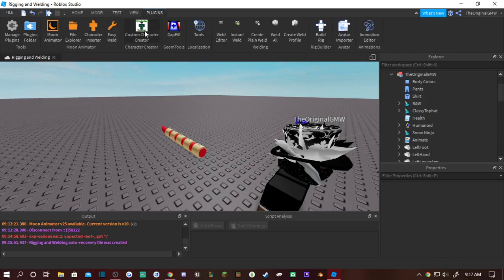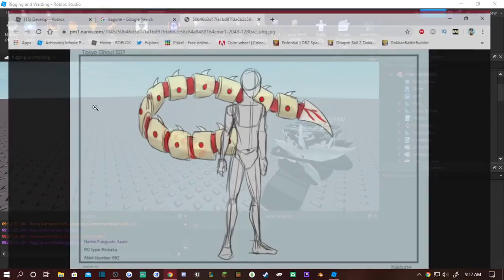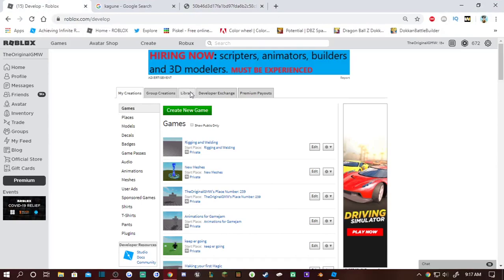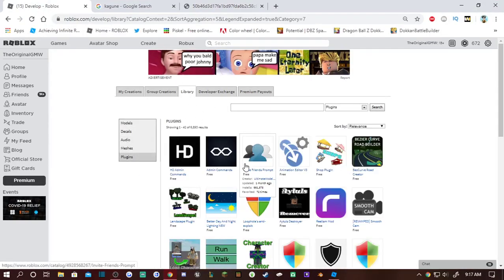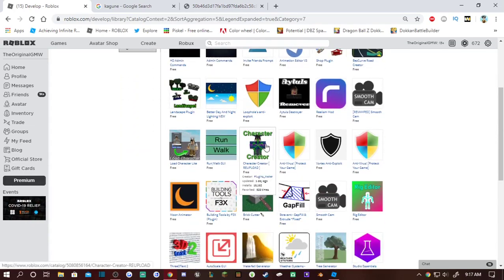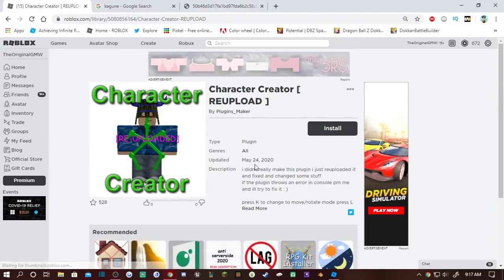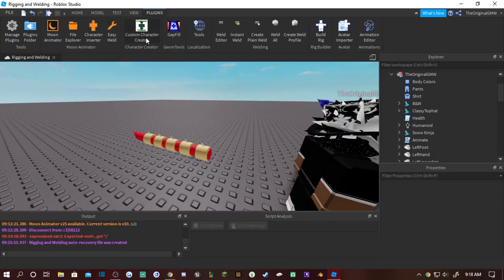If you go to Roblox, Create, Library, Plugins, it should be this plugin right here. I actually re-uploaded that. You can use that, and then when you have it,